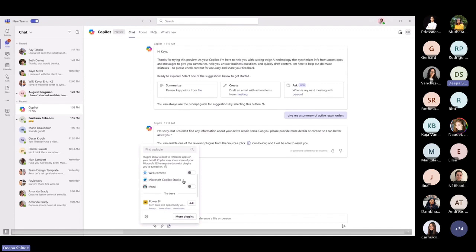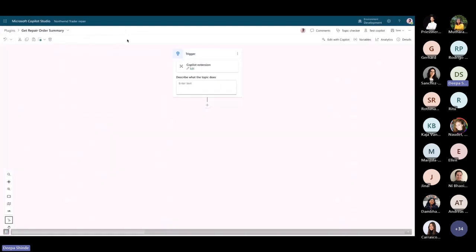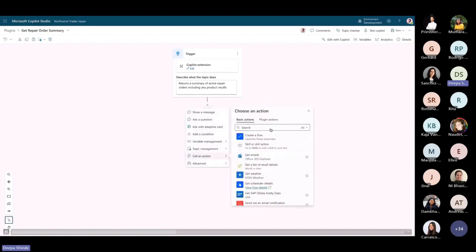Then what you can do is extend it using Copilot Studio. Here it is an extension, but this is exactly how you would build your Copilot from scratch as well. That's why I've pulled this video, because these are the exact steps you follow for building a Copilot as well. The only difference is that you would start a new Copilot, but here the trigger is a Copilot extension.